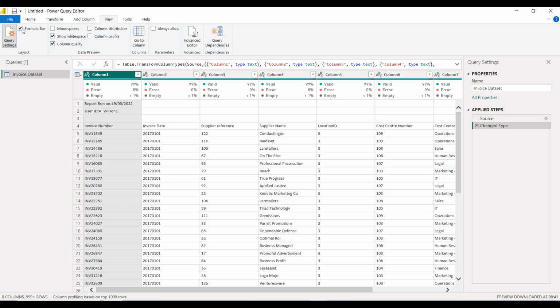Now, before we start our transformations, there are two things that we need to go through and that I'm often asked. Number one, any changes that we make in Power BI into this dataset to transform it only affects the information in Power BI. No changes are made to the connected file. Secondly, the Power Query editor does not operate like Excel. We talked about this in the pre-course learning, but just to underline it, you are not able to click on individual cells and edit them in the way that you can in Excel.